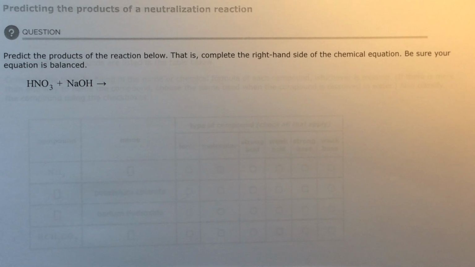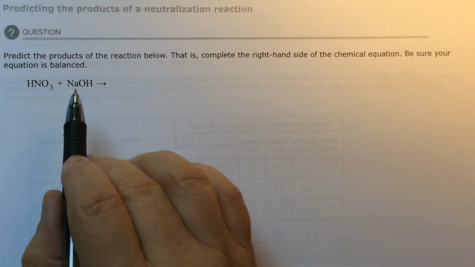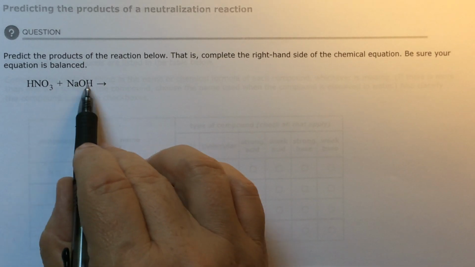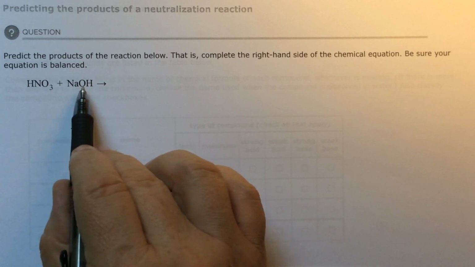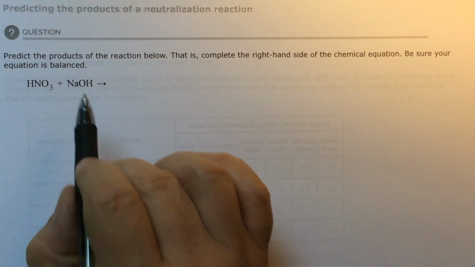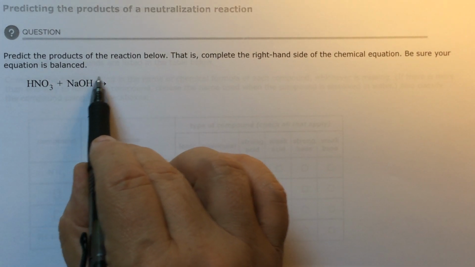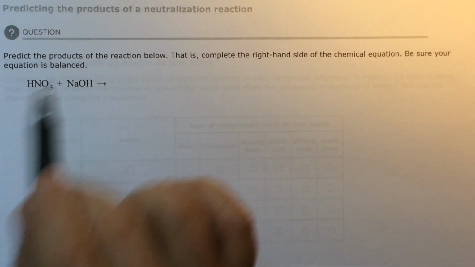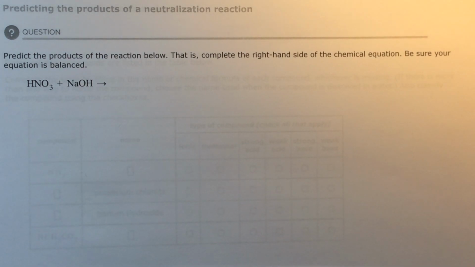See, I'm counting right now: 3, 4, 5, 6, 7, 8. 8 that are strong, which means that they will completely break apart into ions. Now that makes sense because this is ionic. This is an ionic bond, and when you put it together, it breaks apart completely. This hydroxide will break apart as an OH negative, and the sodium as a positive,